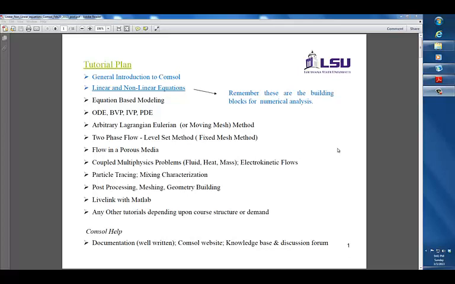Welcome to the COMSOL tutorial on solving linear and non-linear equations. In the last tutorial we covered a general introduction. Today we're going to solve some examples for linear and non-linear equations, and as I have pointed out here, these are